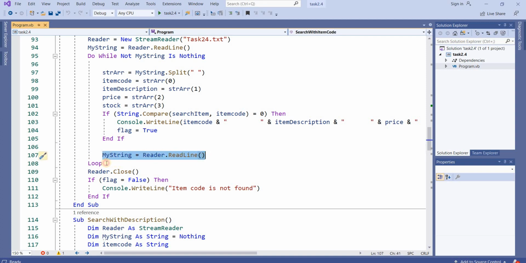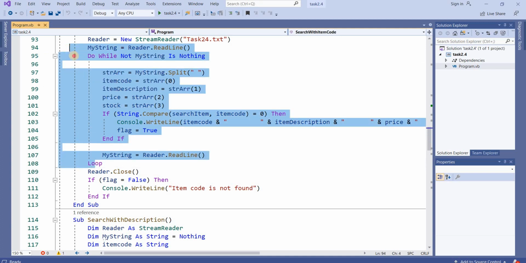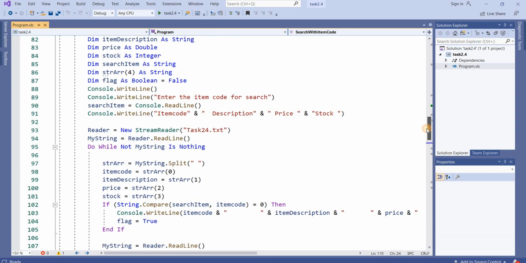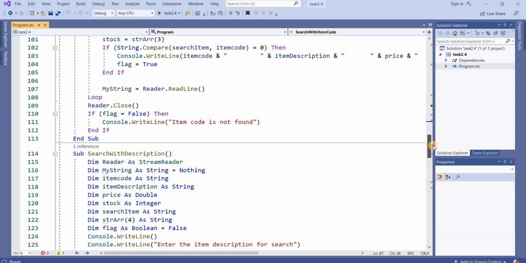This process moves on until you reach the null value. Then reader.Close, the file will be closed. By default the flag is false. If the flag is false, it means no value has been found, and it will show console.Write that the item code is not found.